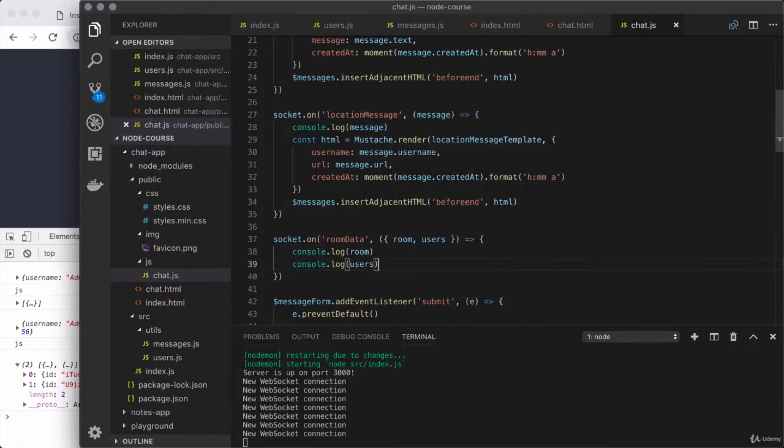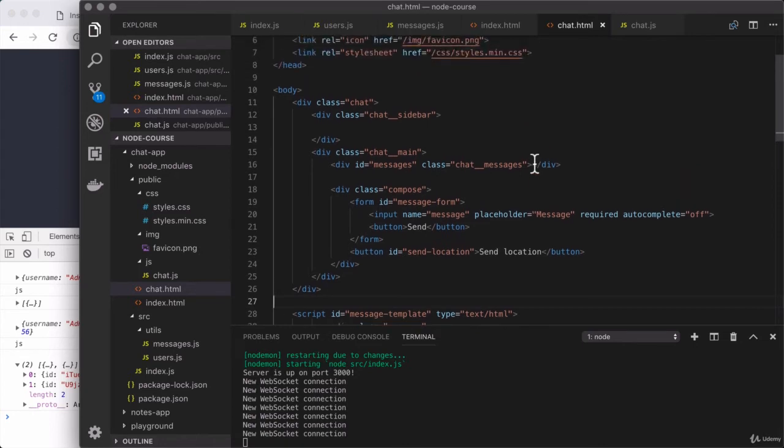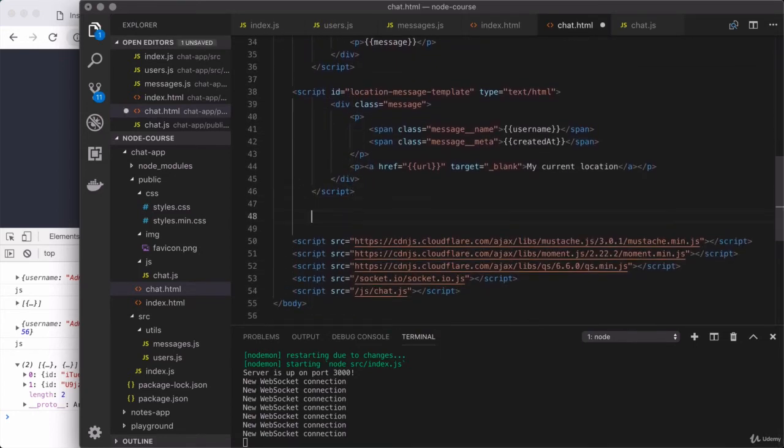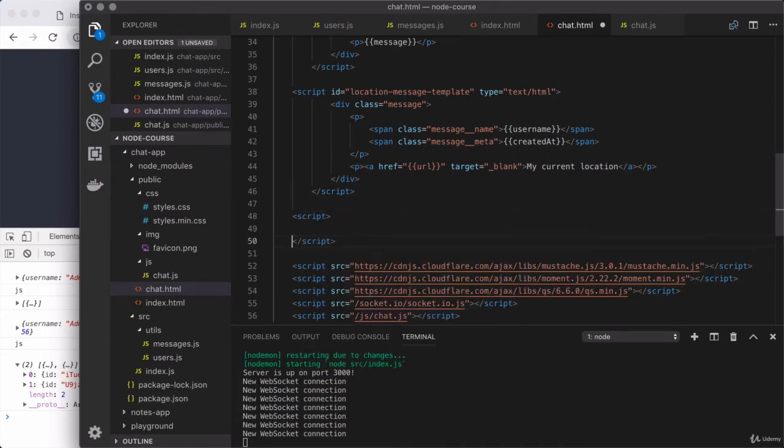It's a two-step process. Step 1, create the template. Step 2, render the template. Over in chat.html, let's go ahead and knock that template out. So we have our main content, then we have the message template followed by the location template. Down below, we're going to go ahead and add a new one. So we set up our script tag, we set up our ID. I could call this one something like sidebar-template, and I'll also set the type equal to